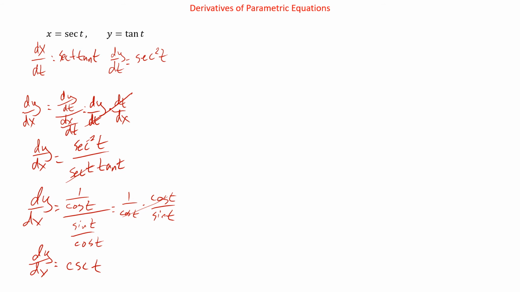So now the second derivative. For the second derivative, we are going to have to find the derivative of the derivative. But now the problem here is that we have to find the derivative with respect to x of the dy over dx, which is cosecant of t. And the issue there is that we don't have an x in there. We have t. It's in the wrong variable. So what we do is we will